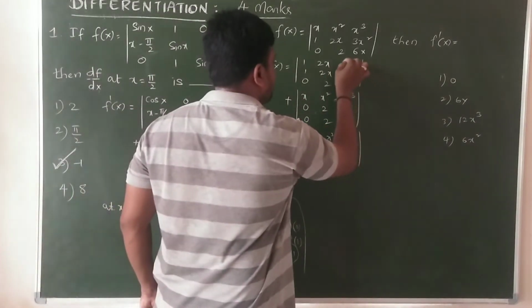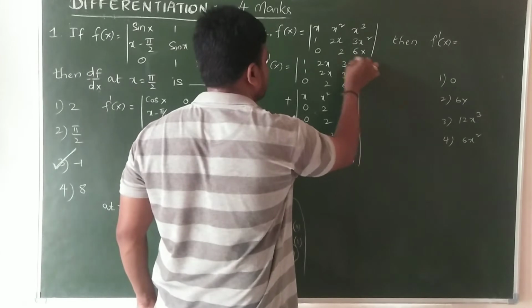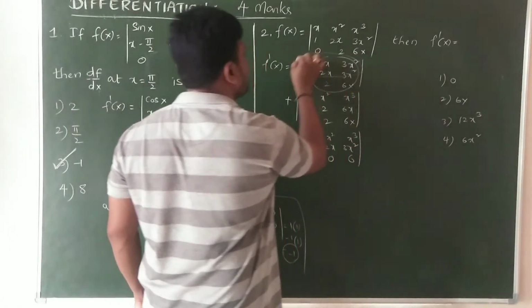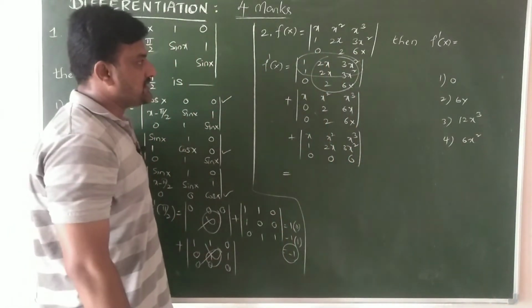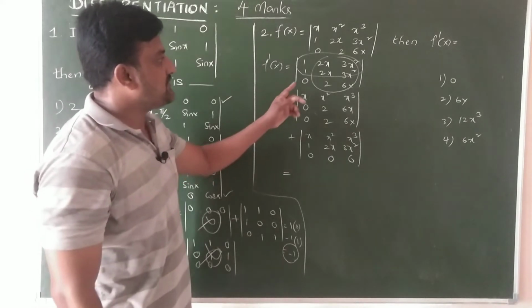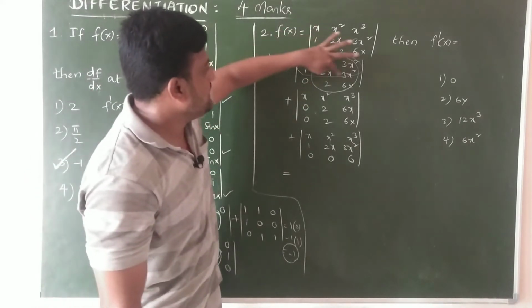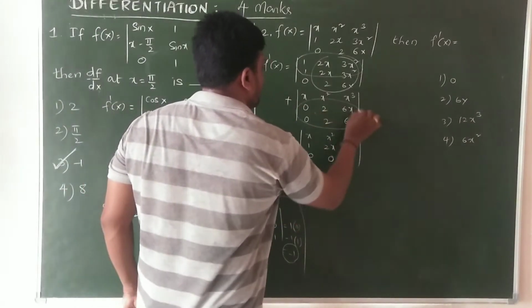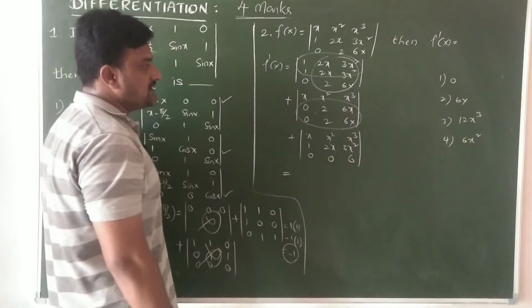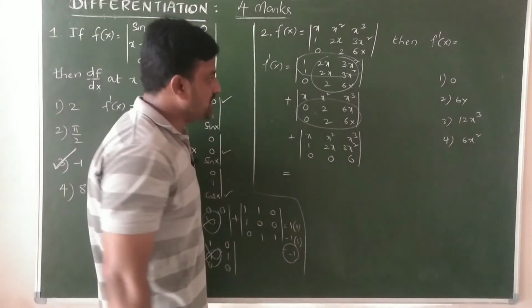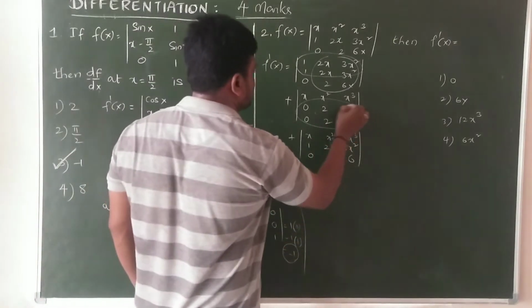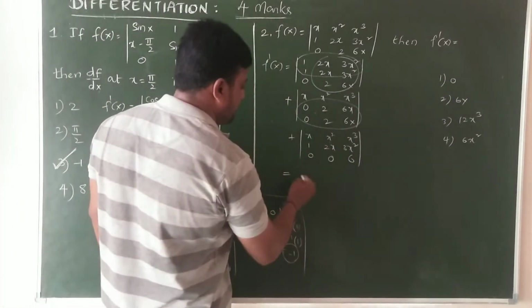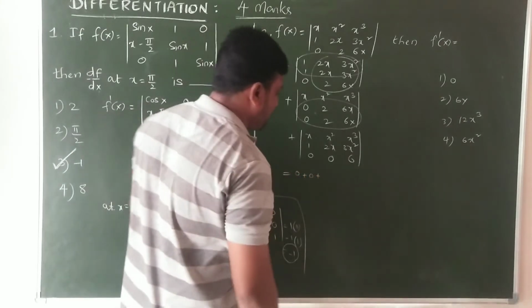It is a 0, because two rows are identical to each other. By the properties of determinants, it should be 0. Now here also R2 and R3 are identical, so it will also be 0. Next, remaining 0 plus 0. Now remaining is a